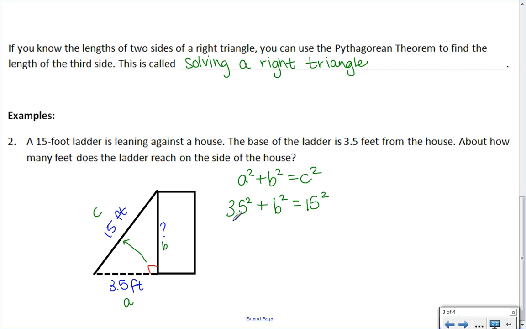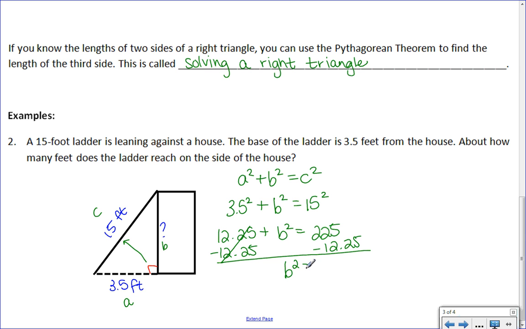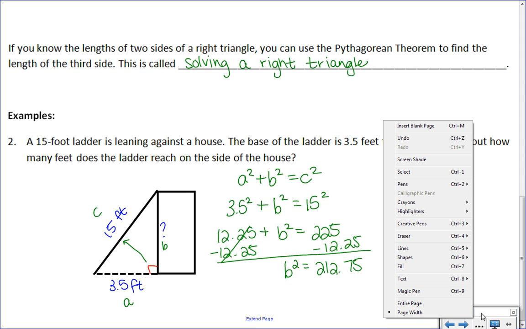Okay, 3.5 squared, if you do that on the calculator, you should get 12.25 plus b squared equals, and then 15 squared is 225. Alright, now to solve for b squared, since this is addition and this is positive, we'll subtract 12.25. We'll get b squared is equal to 212.75. And remember, when we just want b and we have b squared, what we want to do is take